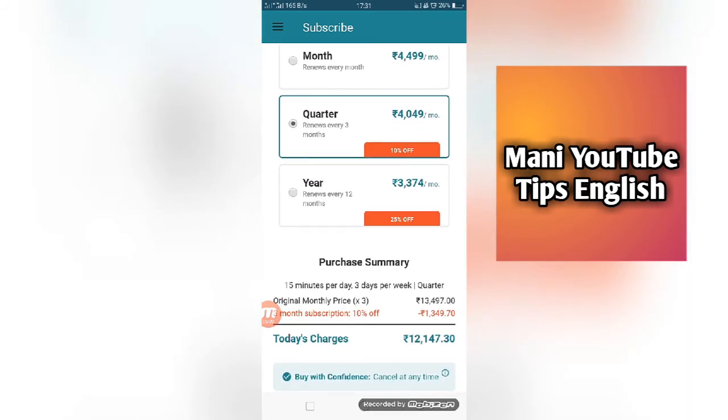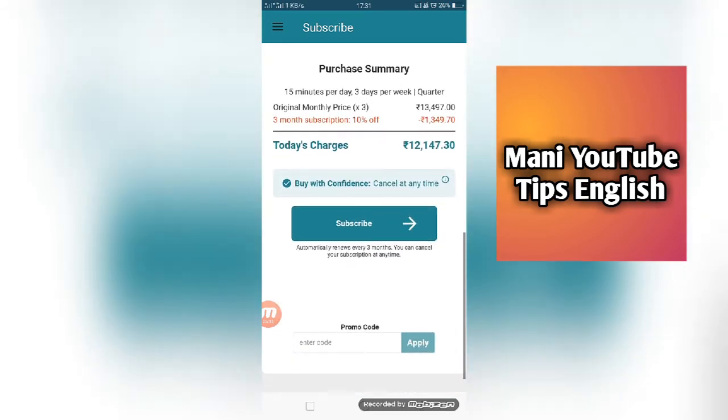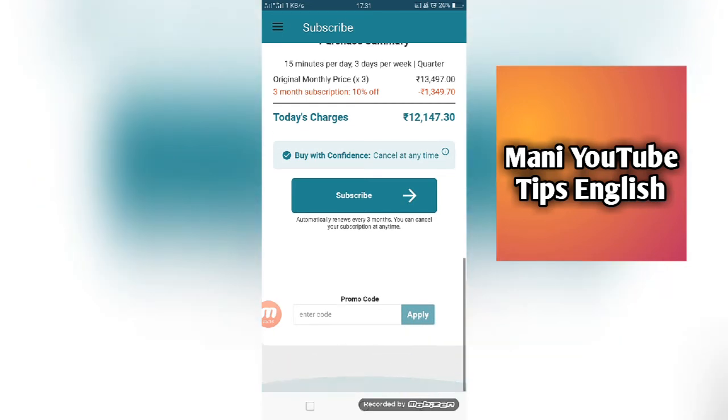You can see the purchase summary. After purchasing this plan, you can attend the class online, so you can improve your skills by interacting with the native English speakers. If you want to develop your skills, you must talk with your friends in English. Friends, that is what they have been doing here.